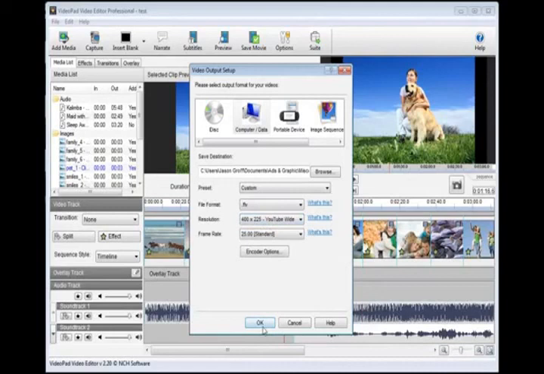When you're ready to save your completed movie, click the Save Movie button in the toolbar. The video output setup window that appears gives you several options for saving your finalized movie. Start by selecting how you want to save your movie. For example, if you want to burn a DVD, select the Disk option. If you want to upload your video to YouTube, select the YouTube option. Then select the appropriate save options associated with that format and click OK to save, burn,